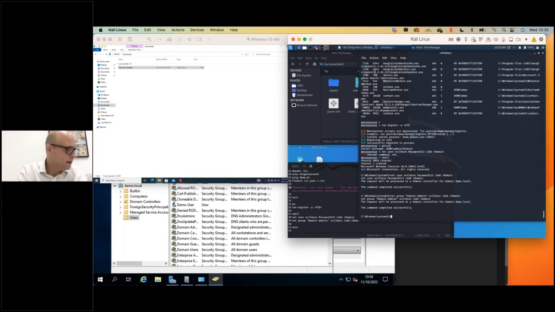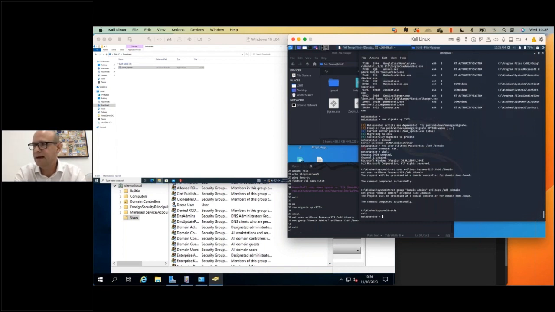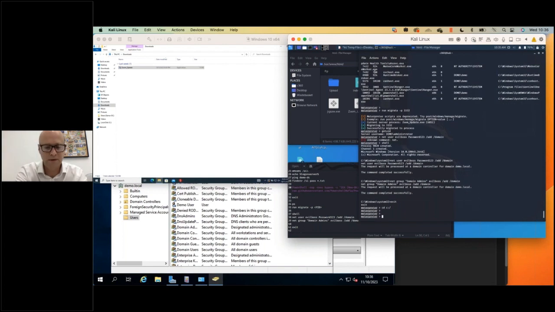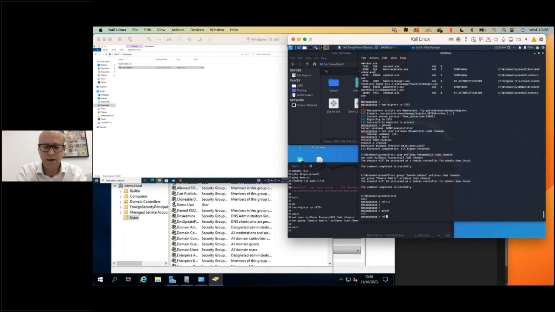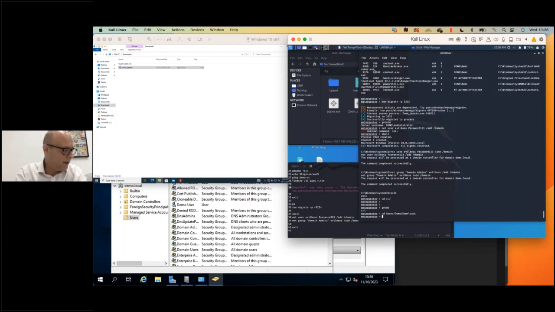We are running on the domain. What we can do, we can just exit out of this now. We can just drop back down to C drive. We can get our working directory real quick just to make sure we are there. And then what we're going to do is just navigate to that folder that we've got open over here. And then we're going to just upload